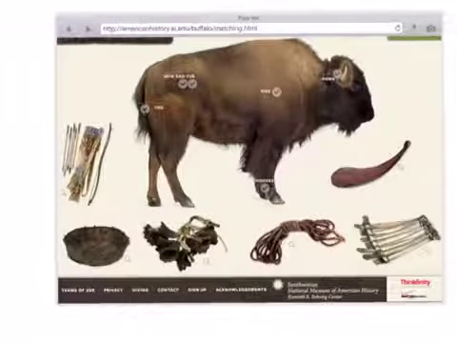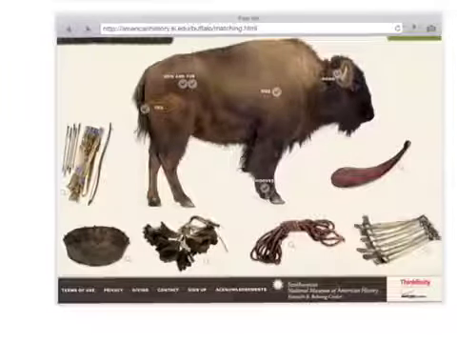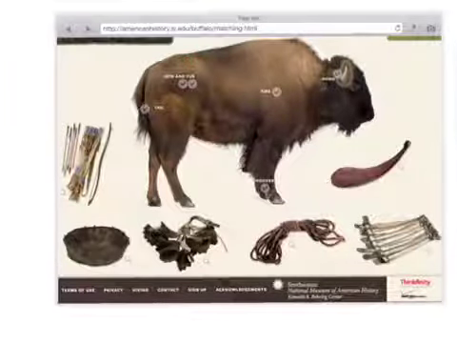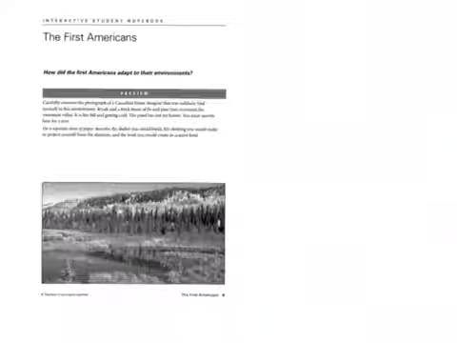Over generations, these groups of Native Americans developed their own cultures or way of life. A culture is how you eat, what you wear, could be the house you live in. And using these artifacts that you see before you here, that I've listed, that come from the buffalo, now this is one particular cultural region, historians have been able to group Native Americans into cultural regions. And now that you know the different types of tools, clothing, food, or shelter that the early Native Americans could have adapted to their environment to get,